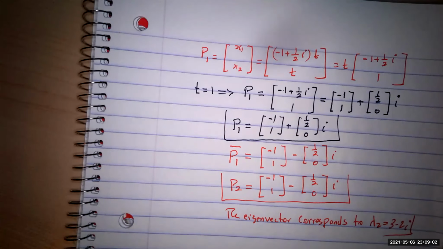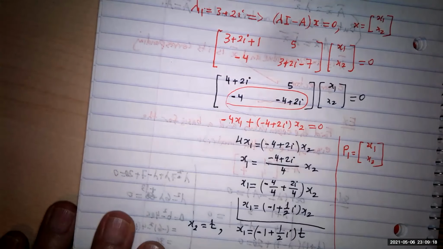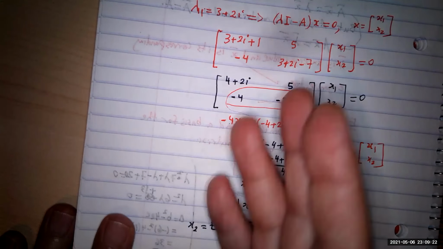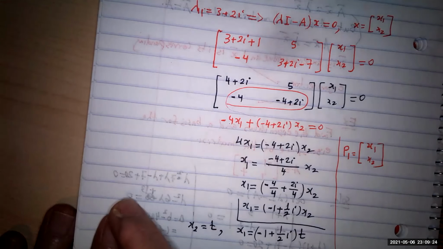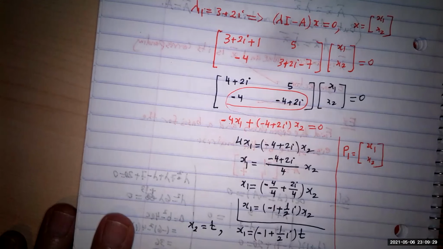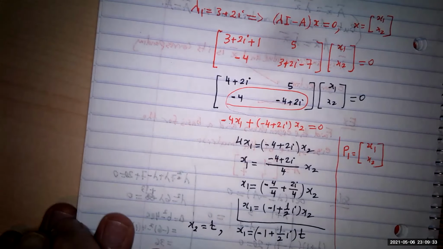For the complex solution, we just do the same thing that we did before. As soon as you get this complex solution, you come back and you form lambda I minus A x equal to 0, as we did it. You don't have to show this on the test, but I'm going to convince you,